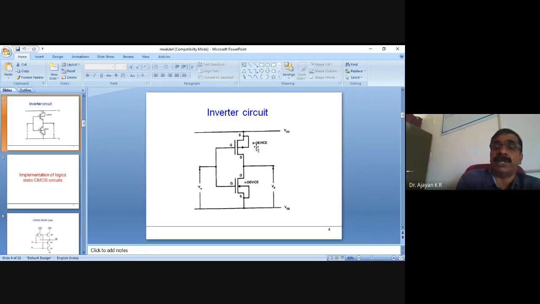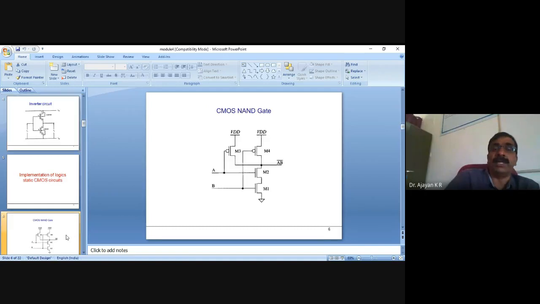PMOS will permit charging and NMOS will permit discharging. Whether charging or discharging has to occur will be decided by the circuit. We can take the circuit for an AND gate. It is a product, so there will be a parallel combination at the top and a series combination at the bottom, and negative logic is realized. But instead of using this,